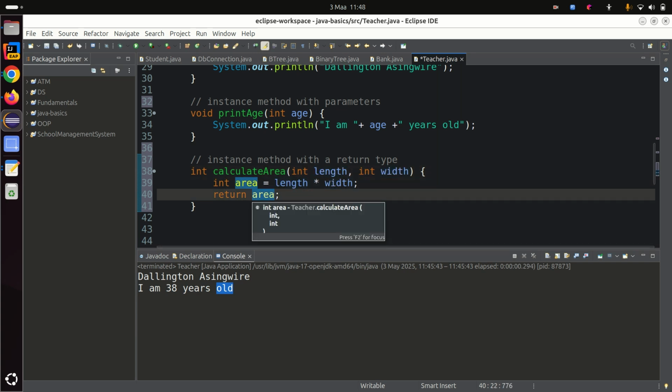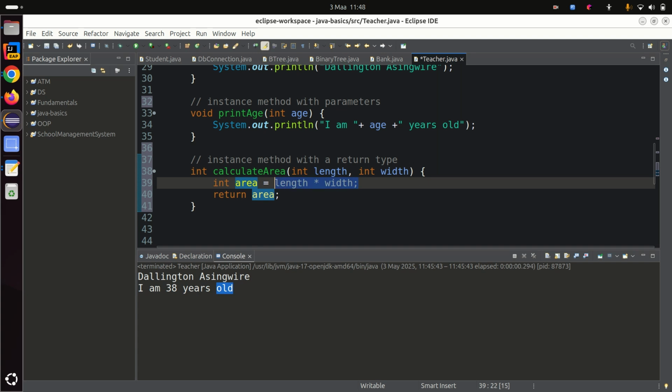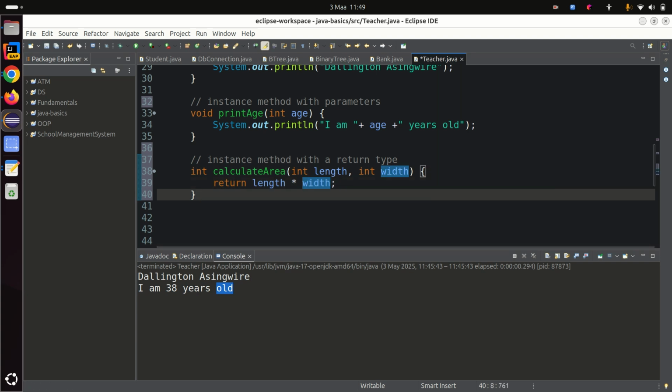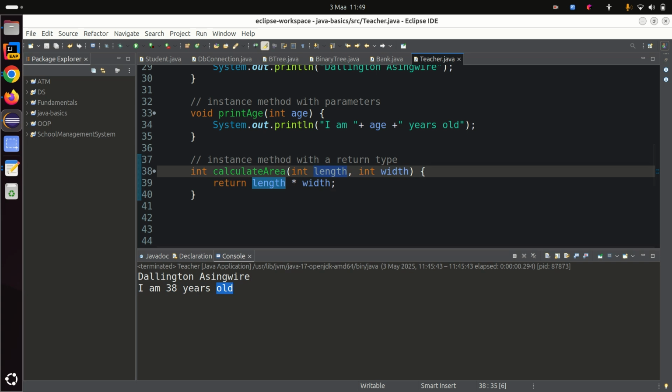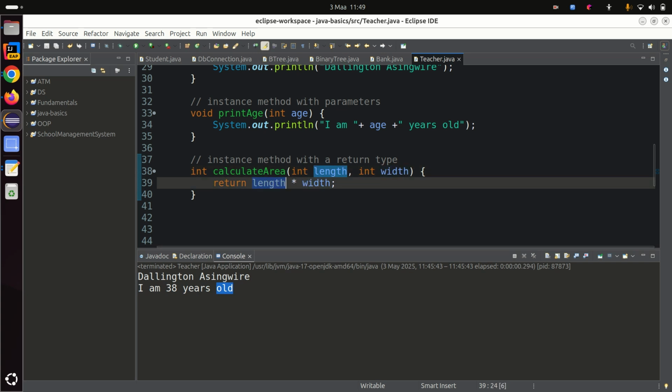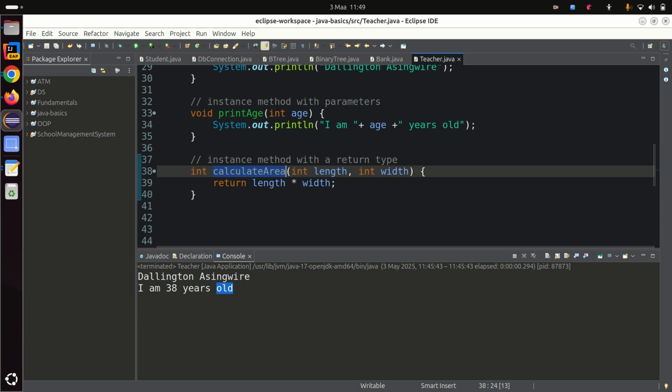But I don't like this, so you can summarize it like this. You say return length times width, it is the same thing. The first one I did is I needed to make sure you guys understand, but you can simplify it as return length times width. So yeah, it is a simple method for calculating an area of any rectangle, where it takes in length and width, and then it returns length times the width, which is the area of the